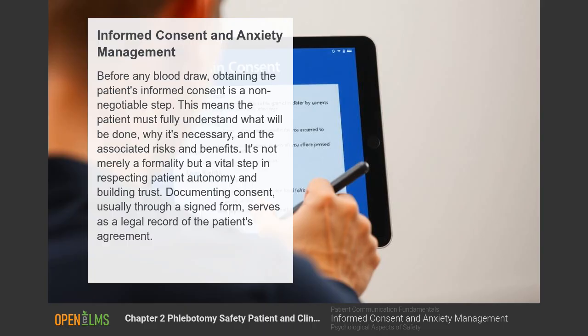Informed consent and anxiety management. Before any blood draw, obtaining the patient's informed consent is a non-negotiable step. This means the patient must fully understand what will be done, why it's necessary, and the associated risks and benefits. It's not merely a formality, but a vital step in respecting patient autonomy and building trust. Documenting consent, usually through a signed form, serves as